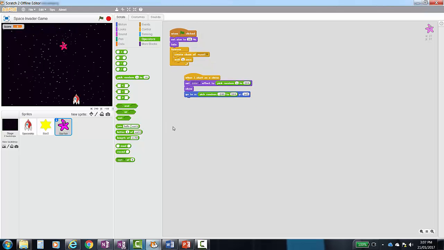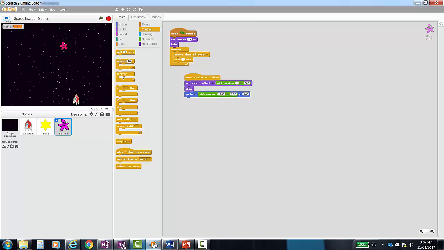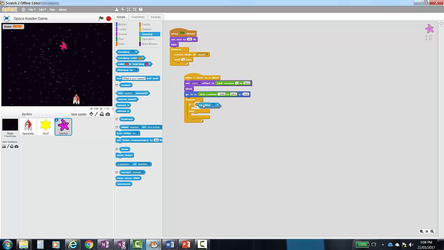So the next thing we need to do is add some code so that when we hit the invader, we get some points. So under control, we need a forever block, so we want this to happen the whole time the game is running, and an if block. In this case, there's two things that could happen. If the spaceship has hit the star, something could happen. If not, we want something else. So we're going to do an if then else block. So our test this time would be a touching. So I'm going to say if the starfish is touching our bullet, which is the star 2 sprite,